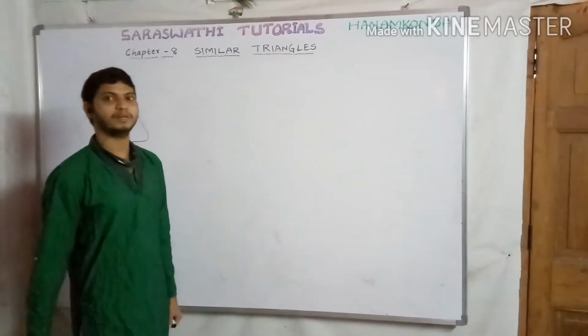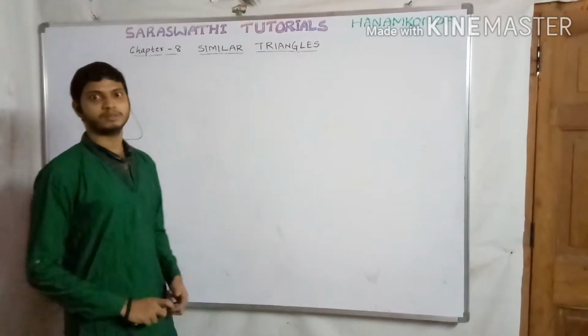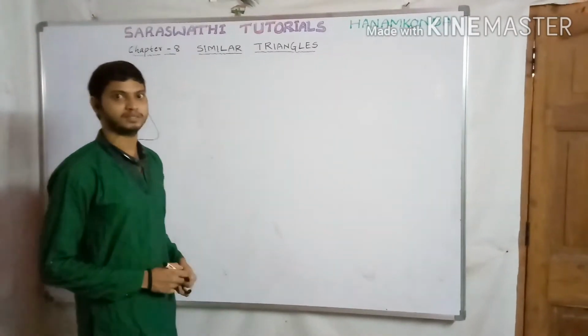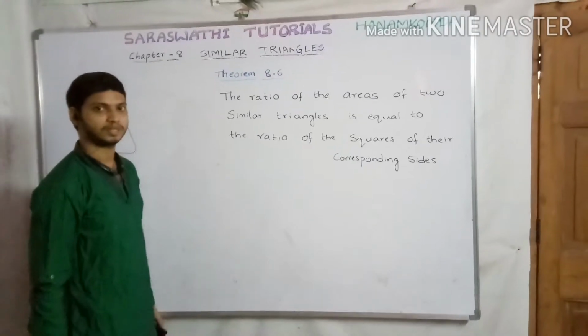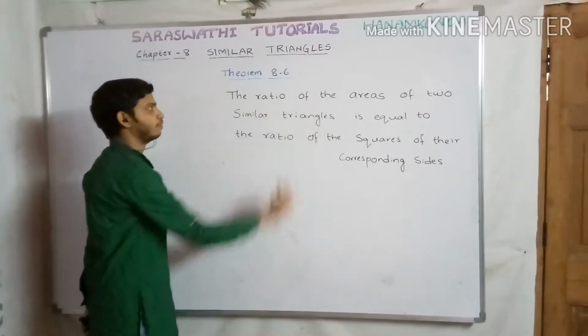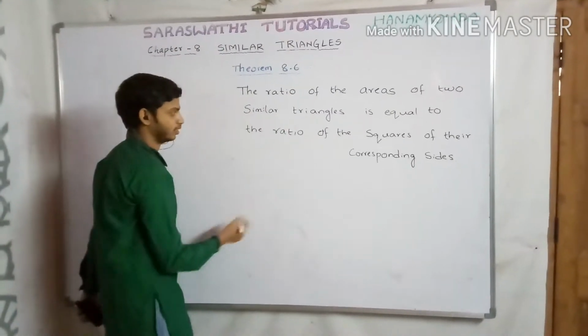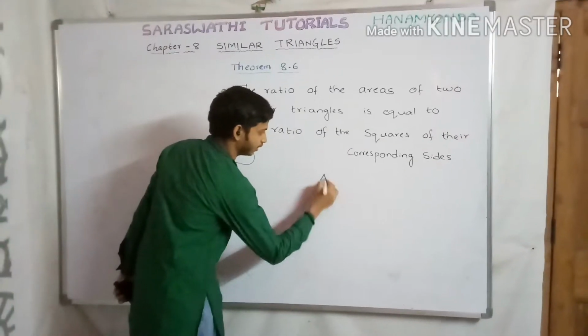So till now we have completed 2 exercises of our 8th chapter. So before going to start our exercise 8.3, we shall discuss a small theorem, that is theorem 8.6. The theorem statement is the ratio of areas of two similar triangles is equal to the ratio of squares of their corresponding sides. So if we consider two triangles,